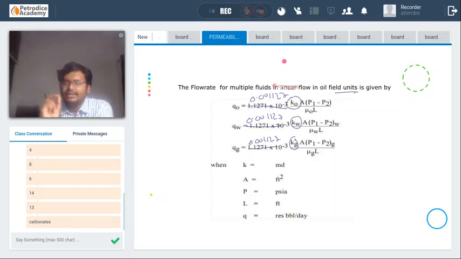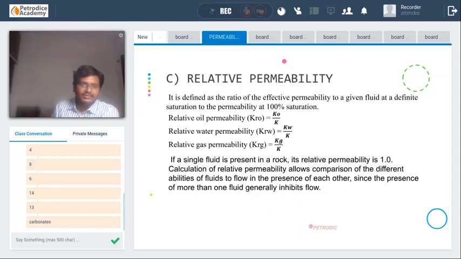We will discuss the effect of wettability and saturation on the effective permeability after completing the saturation chapter. Okay, there are some things that you need to know before doing that. The third one is the relative permeability. It's an easy one, so just write it. It is defined as the ratio of effective permeability to the total permeability or absolute permeability. So just write it.